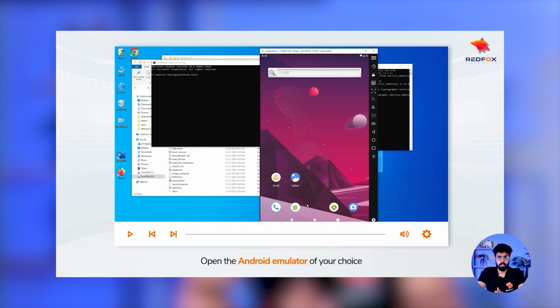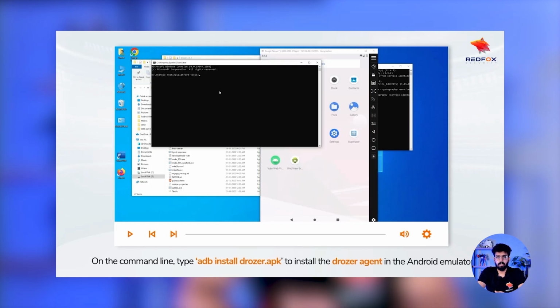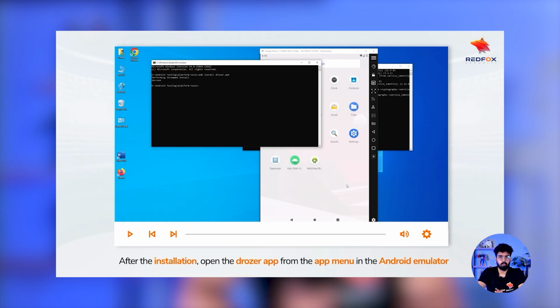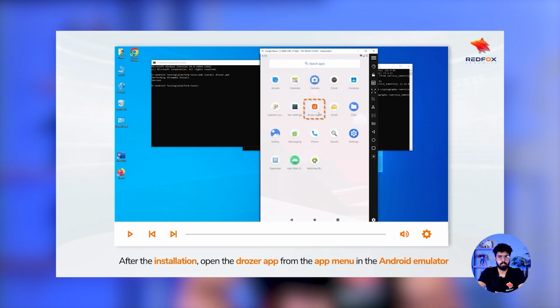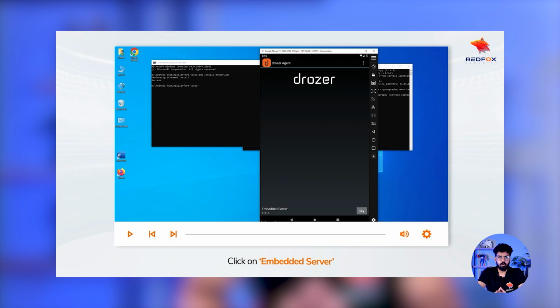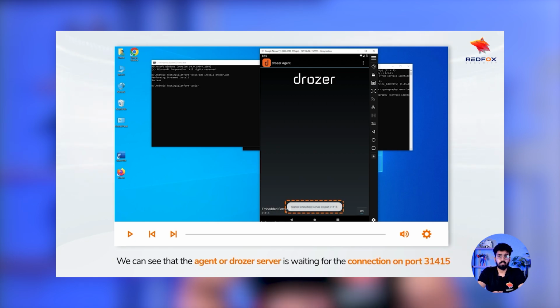Open the Android emulator of your choice. On the command line, type adb install drozer.apk to install the Drozer agent in the Android emulator. After the installation, open the Drozer app from the app menu in the Android emulator. Click the toggle on button to run the Drozer server or agent. Click on embedded server. We can see that the agent or Drozer server is waiting for the connection on port